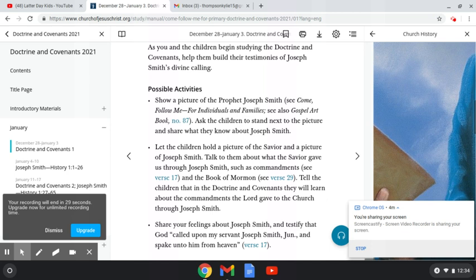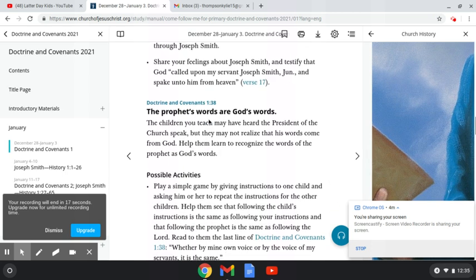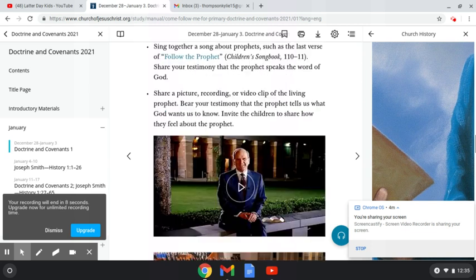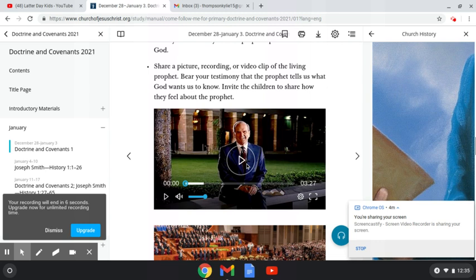So you can display the picture and say, hey, what do you guys know about Joseph Smith? And then again, count to 10 in your head, and then say, these are some things that I know about Joseph Smith. So you can literally just go through this and make a video, and either have a Zoom call and then record it, and then people can watch it when they want, or whatever. Or here's another one of the president, our current prophet. So there you go.